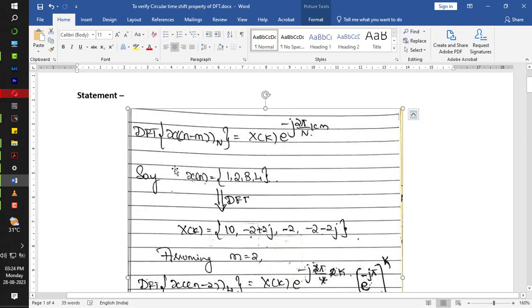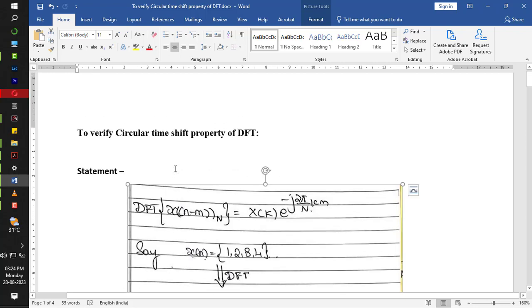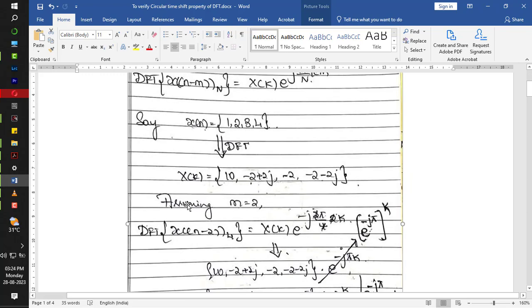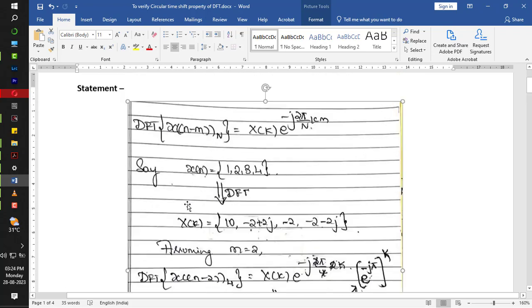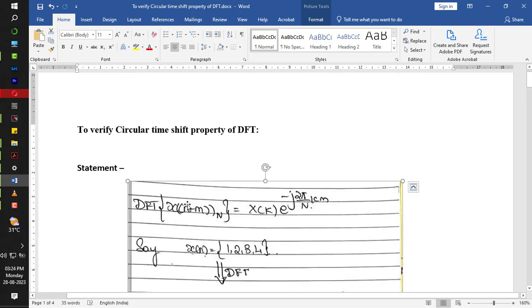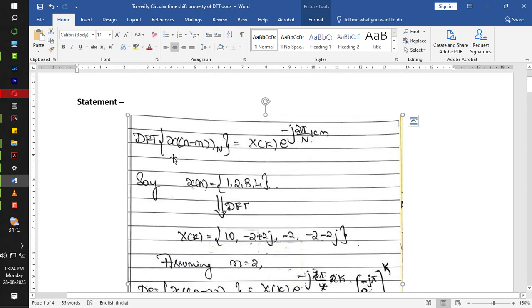Hello everyone. In this video, we shall see how we verify the circular time shift property of DFT. We shall see it both theoretically and by writing the SciLab code to verify the property. The statement of the circular time shift property says that if there is a shift in the time domain, we have